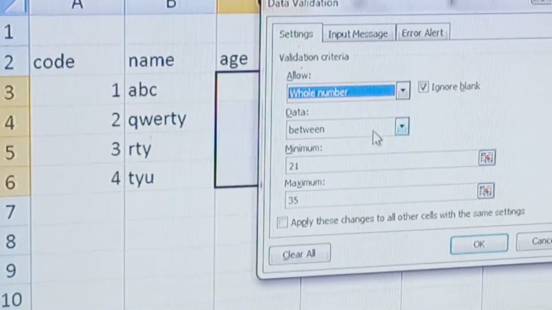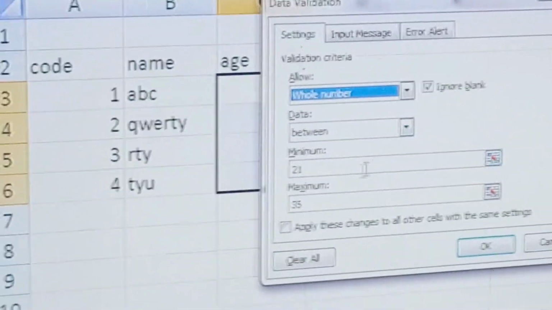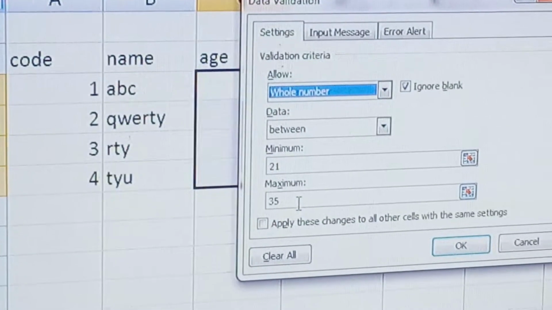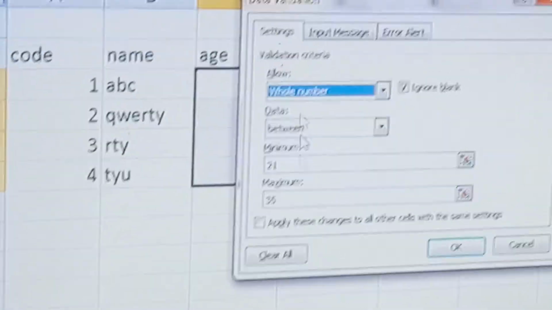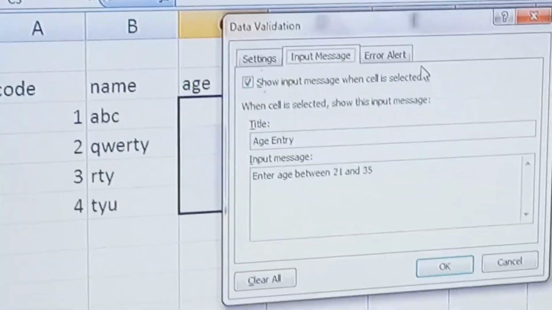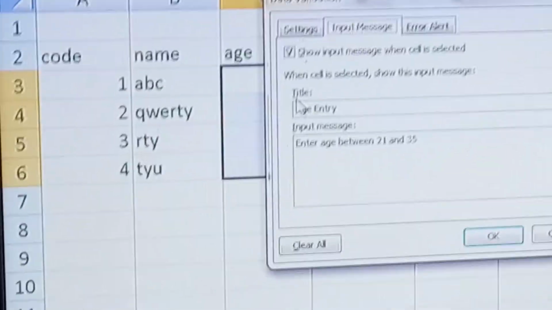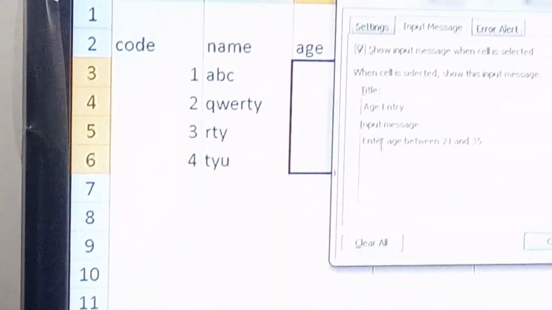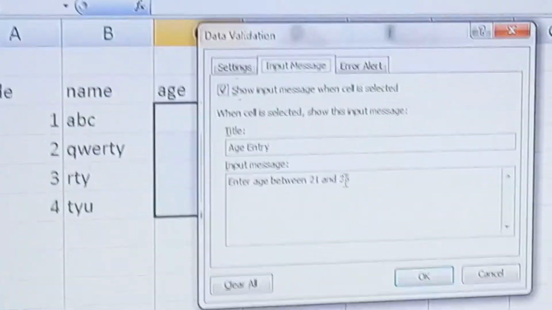So I have to select between, and the minimum value is 21 and the maximum is 35. Now the input message contains a title and an input message. Here the title will show age entry, and there is a message for entering the value.